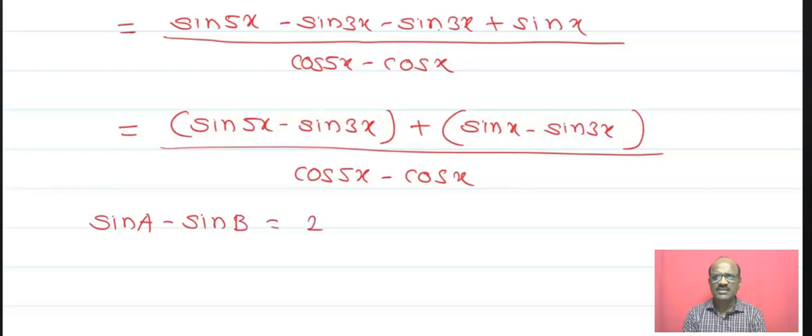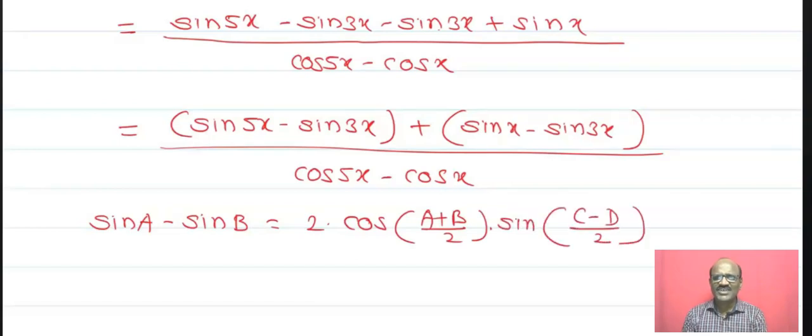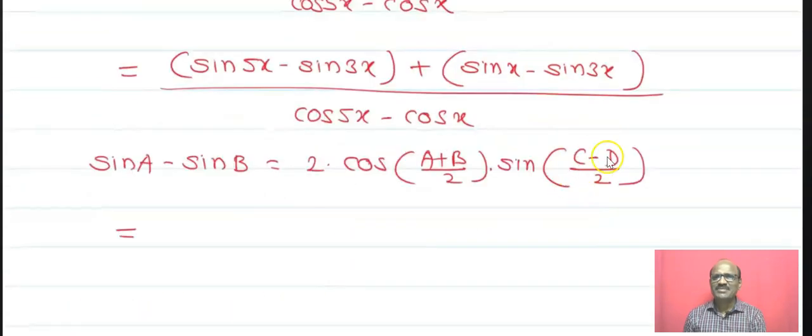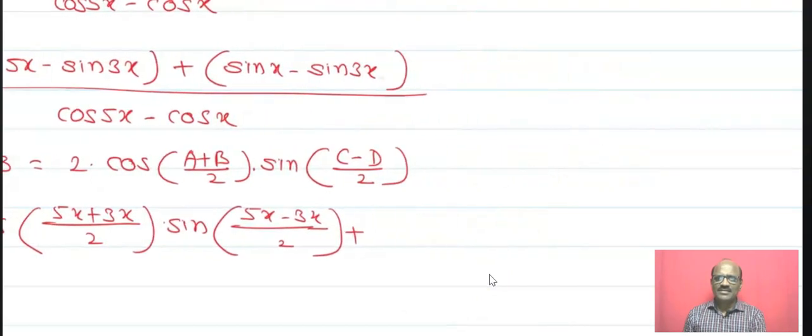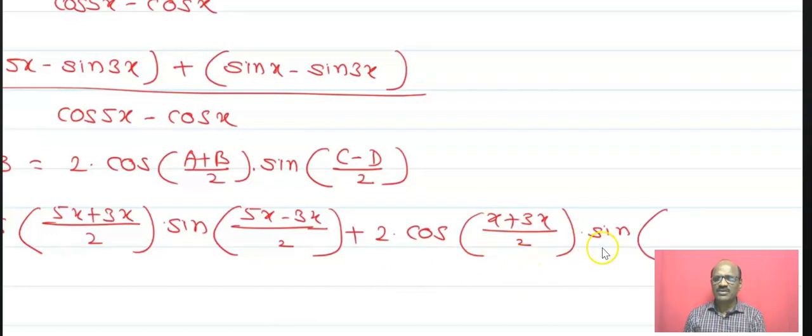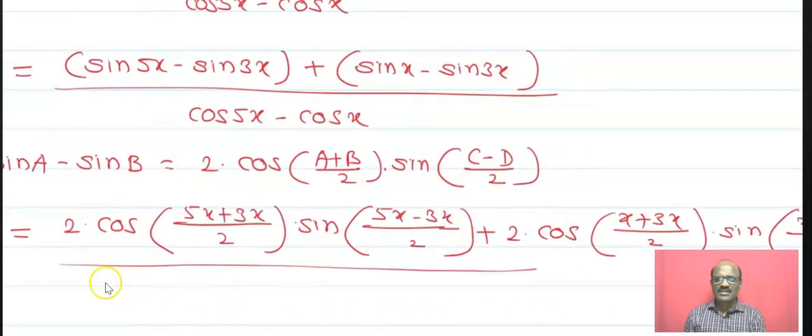What is sin a minus sin b? That is 2 times cos of (a plus b) upon 2 into sin of (a minus b) upon 2. Therefore, for the next term, that is 2 times cos of (x plus 3x) upon 2 and sin of (x minus 3x) upon 2, and this whole divided by,